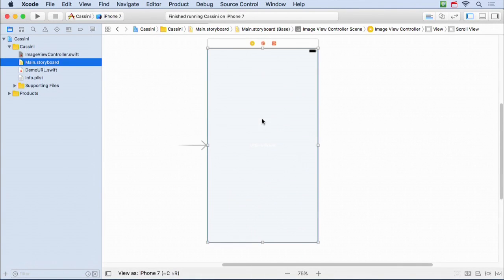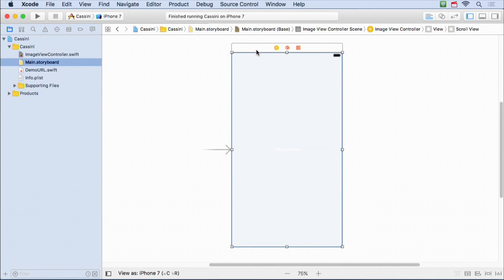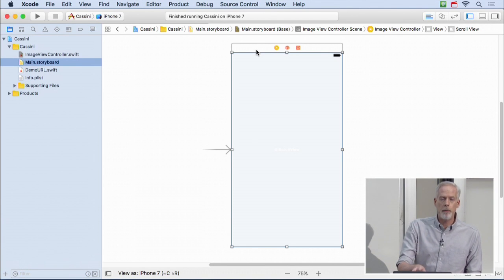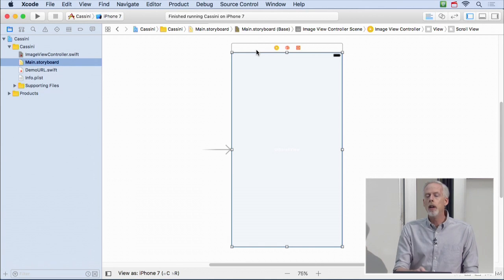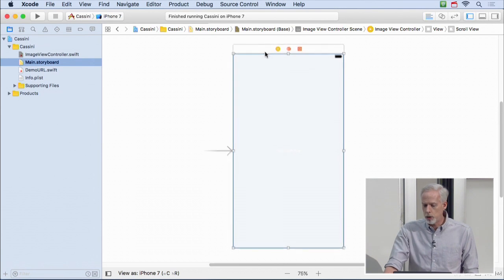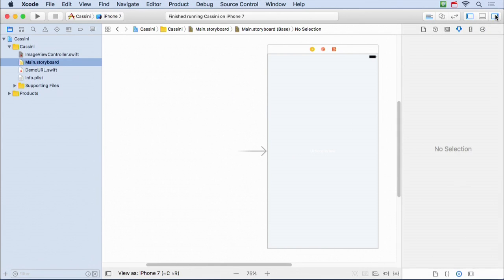So our storyboard so far just has this one image view controller right here, and I'm just going to rapidly go through and build a multiple MVC app. What we're going to do is just use our generic image controller MVC here to view images related to the Cassini project, which is a space probe that was sent out to Saturn. And so to do that, it's going to be all the things you know.